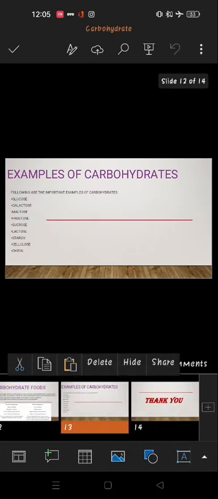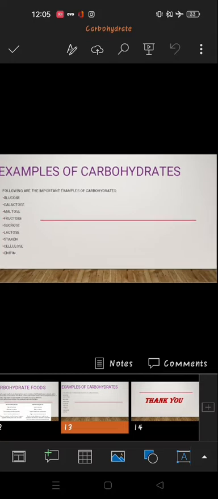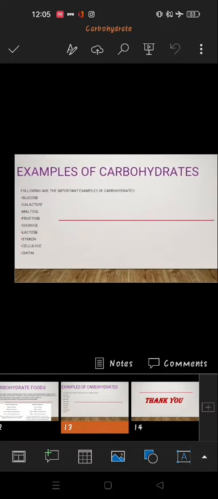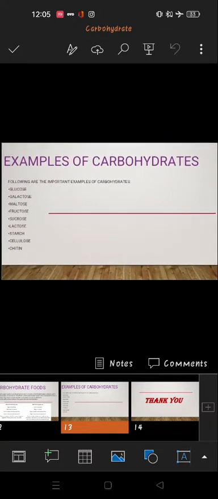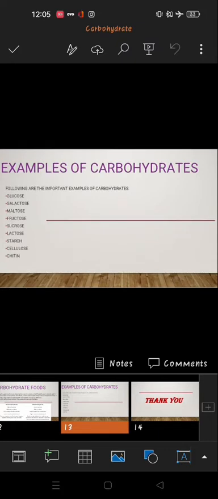Now we will discuss examples of carbohydrates. These are examples of carbohydrates like glucose, galactose, maltose, fructose, sucrose,